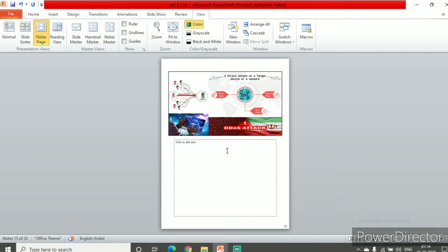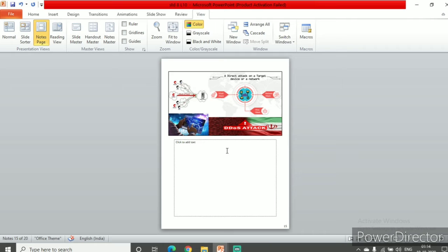So sometimes when you attend some program, some seminar, they give you notes. So what they do is they make such kind of notes where on the top side is your slide and below that there are some notes written. So these kinds of notes, printouts, they give you when you leave the presentation. Okay.